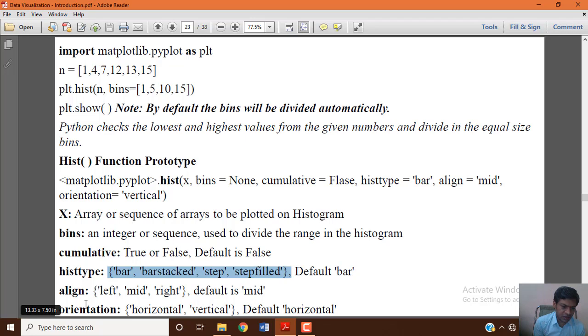Then the align property, which controls the display of the points of that bar, either left alignment, mid alignment, or right alignment. By default it is mid alignment. Then orientation values like horizontal and vertical; the default representation is horizontal.